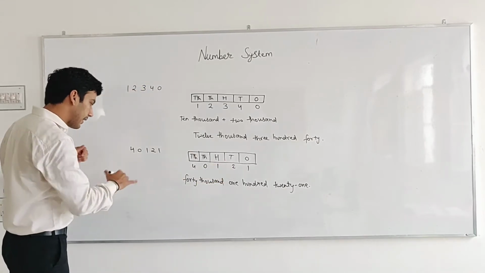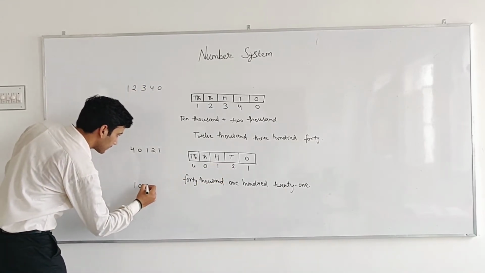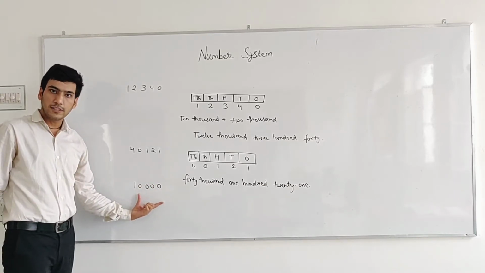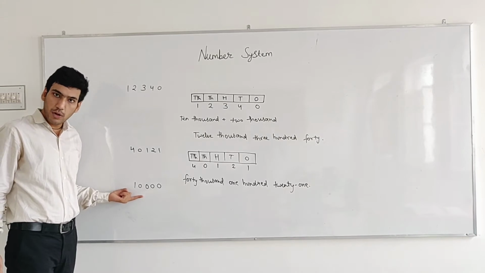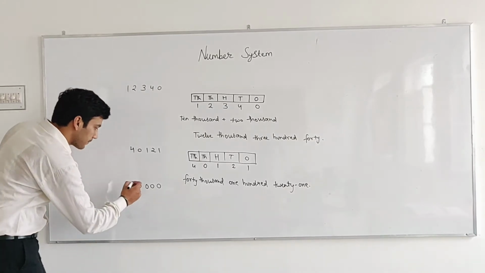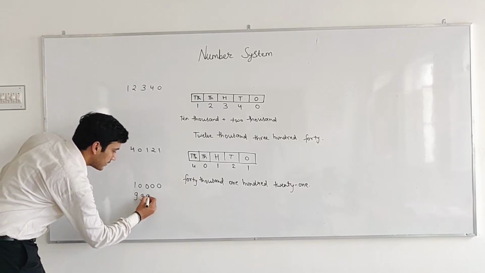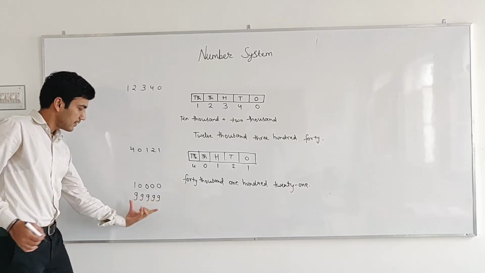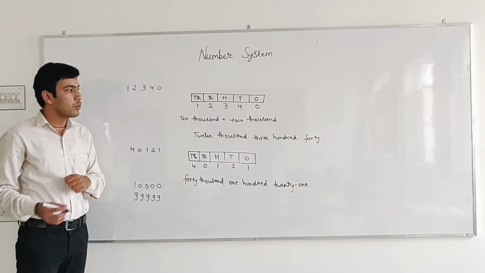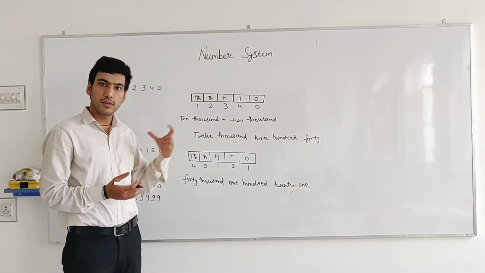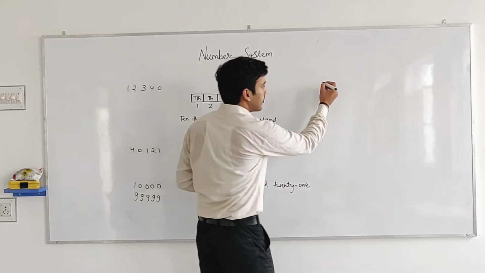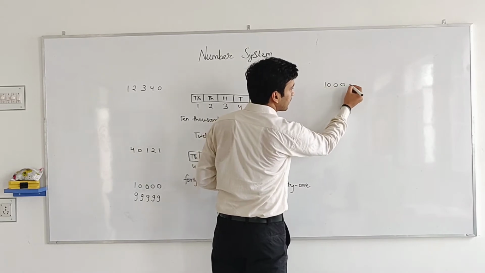Now if I am writing another number, this is also a 5-digit number and this is my smallest 5-digit number. So what's the greatest 5-digit number? Greatest 5-digit number is this. This is my greatest 5-digit number. Now let's have a view of few 5-digit numbers. This is the smallest 5-digit number.